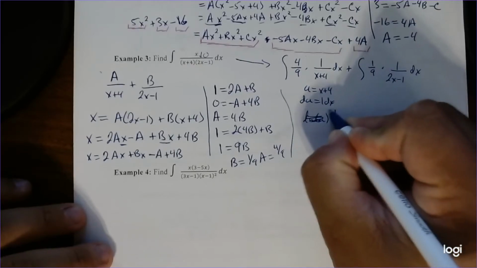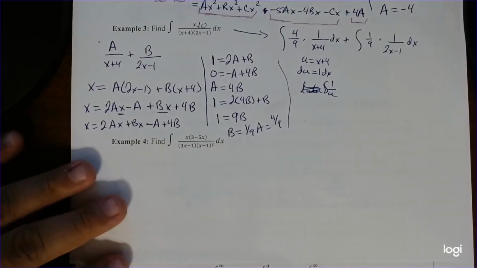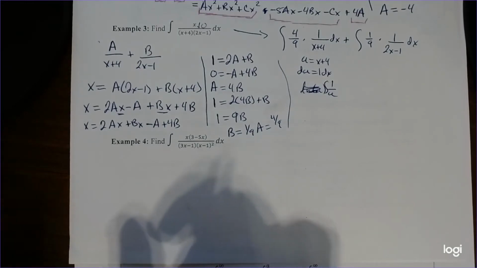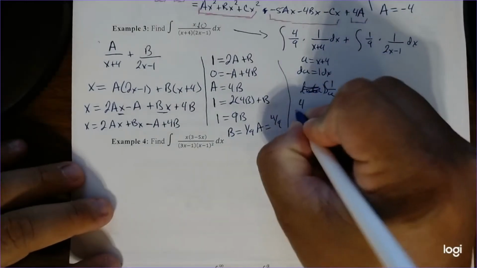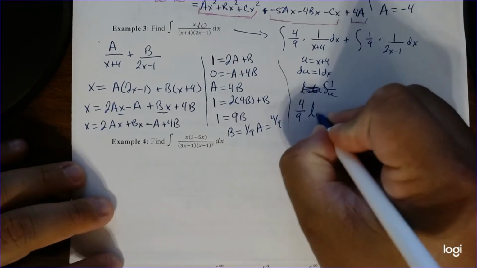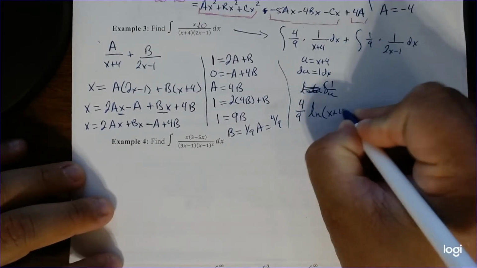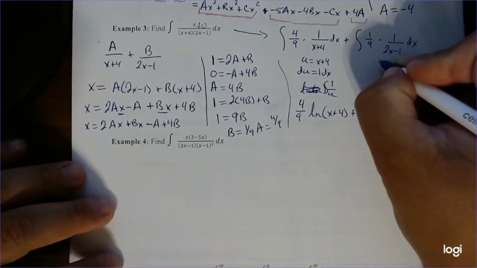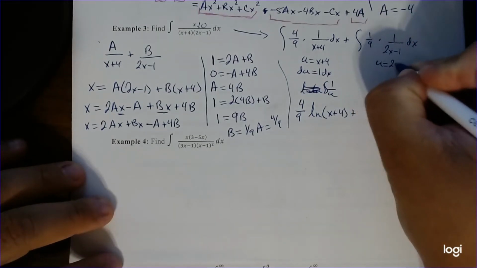Integral of 1 over u, which is natural log, right? It's the property, so I'll just quickly skip that step. So this is going to be 4 over 9 natural log of x plus 4 for this side. And then plus, following this side, it's going to be a little different, because if we let u equal 2x